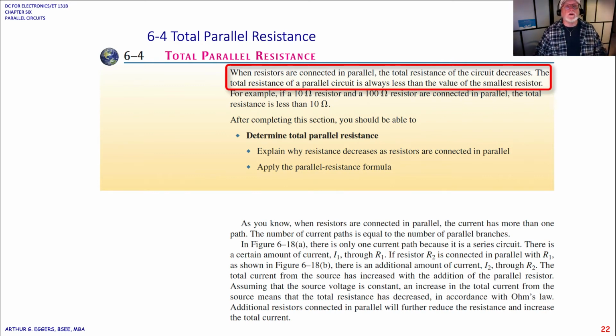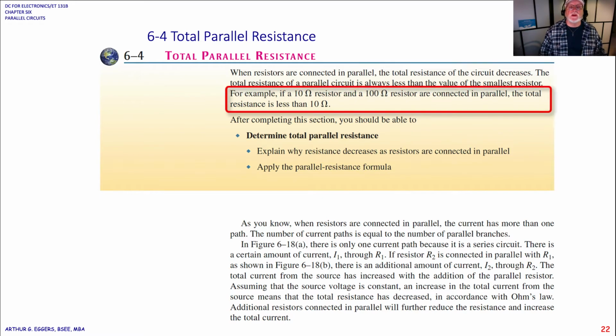Okay, now we move on to total parallel resistance. When resistors are connected in parallel, the total resistance of the circuit decreases. The total resistance of a parallel circuit is always less than the value of the smallest resistor. For example, if a 10 ohm resistor and a 100 ohm resistor are connected in parallel, the total resistance is